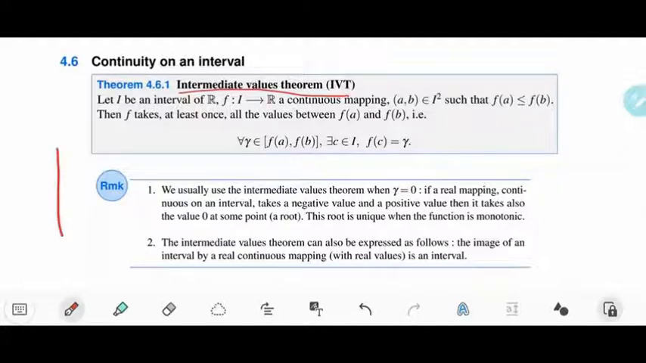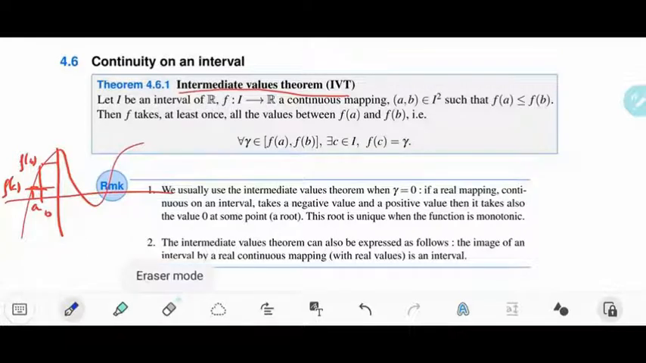If you have a function f going from a point A, or f of A, to a point B, with f of B, right? Then if it's continuous, we are sure that it takes all the values between f of A and f of B. So if f of A, for example, is equal to 5 and f of B is equal to 10,